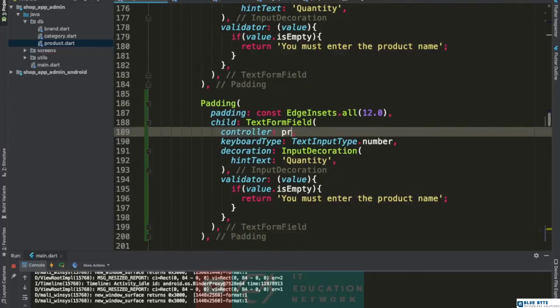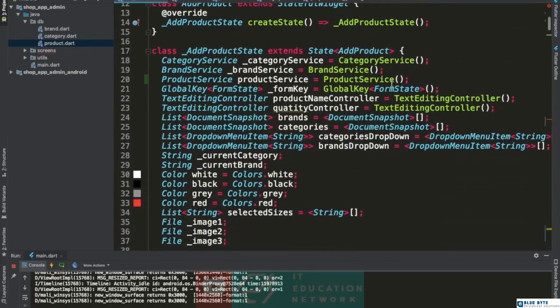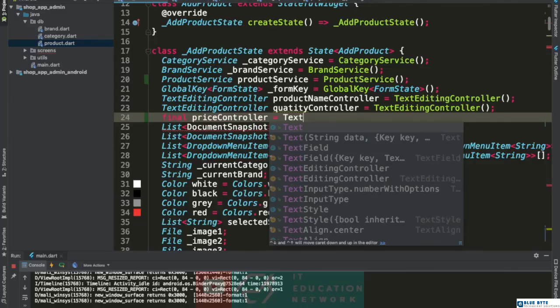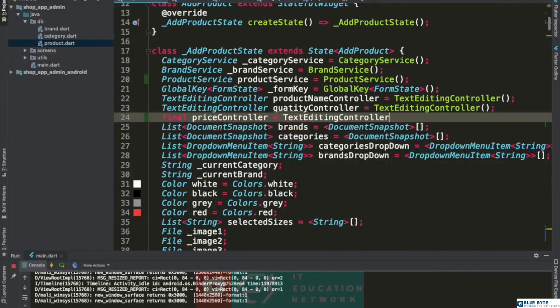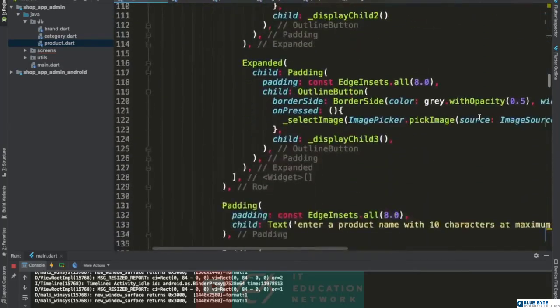So we will need to create a price controller for this, and since this doesn't exist, we will copy and come here, and we will just have here a final price controller is equal to text editing controller. Done. We have our price controller now,